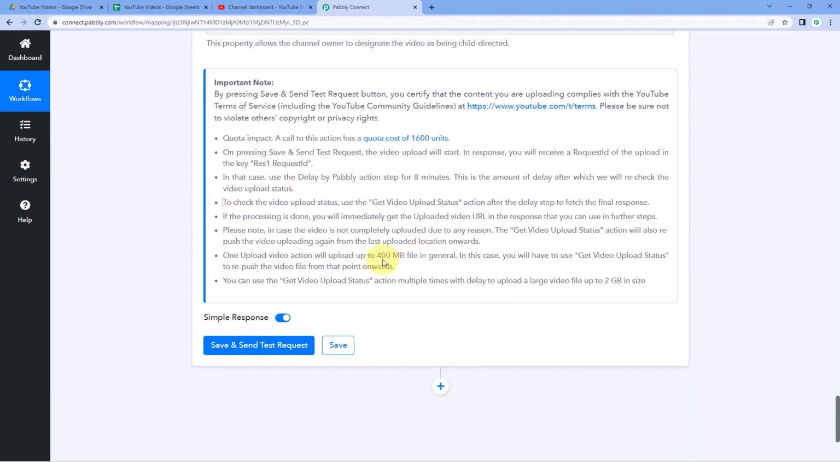So if your video size is 400 MB or less, using this single action, the video will be uploaded. But if you have a video file of more than 400 MB, up to 2 GB, using this automation you can upload YouTube videos up to 2 GB in size. So after 400 MB, we have added an 8-minute delay. And when we add this get video upload status action,